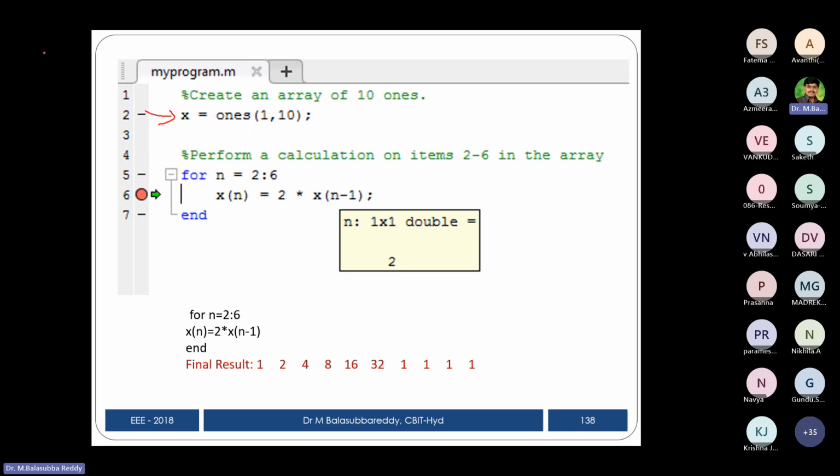All ones, so 1 to 10. So the answer is x equal to what you get by executing the first line. You may see the result 1, then 2, 3, 4, 5, 6, 7. Like this, you can write up to 10. This is the answer for the first one. Then you can start the for loop. Now n is